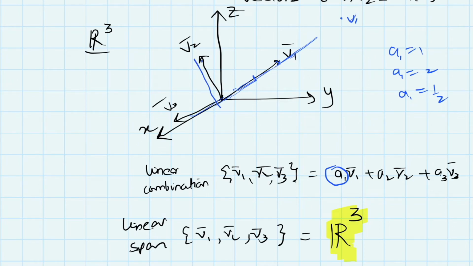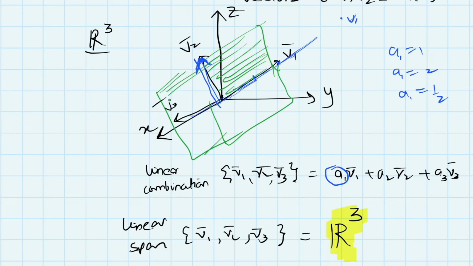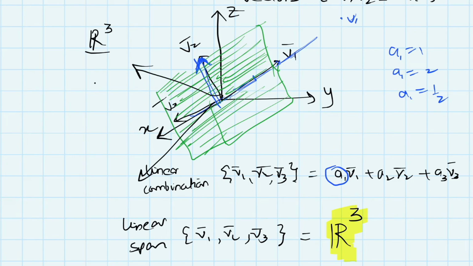Now when we add v2, which is not in the same direction as v1, in a certain sense it's not dependent on v1, very important here, we are doing the same thing and creating a plane out of these two. So when we vary these coefficients, the points that these two vectors will cover will form a plane. But what will happen next? When we consider the next vector, say v3 here, and this vector is also not dependent on v2 or v1,